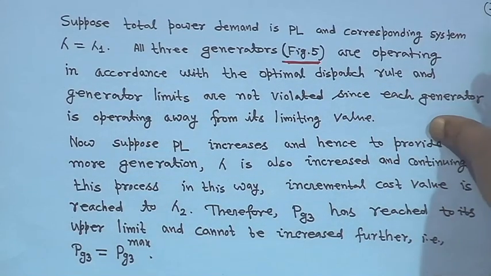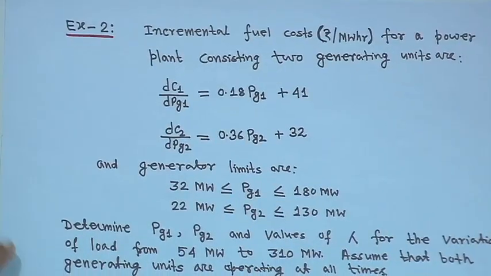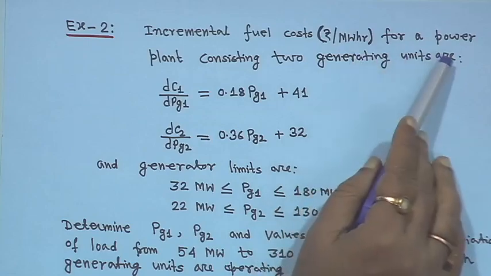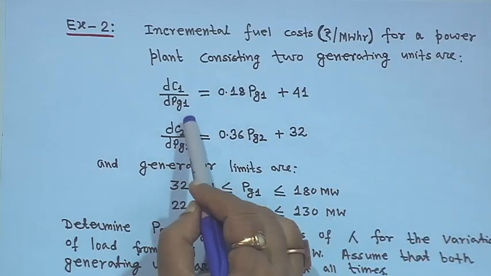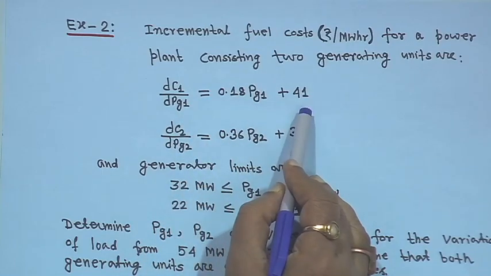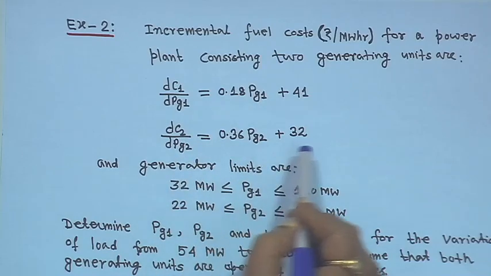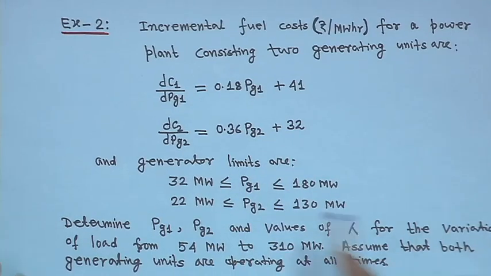So, next we will take another example, example 2, and just try to understand. Suppose the incremental fuel cost in rupees per megawatt hour for a power plant considering two generating units is given below. dC1/dPg1 is equal to 0.18 Pg1 plus 41 and dC2/dPg2 is 0.36 Pg2 plus 32, and generator limits are given for these two units,